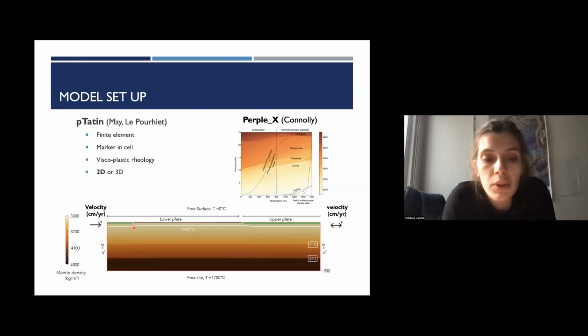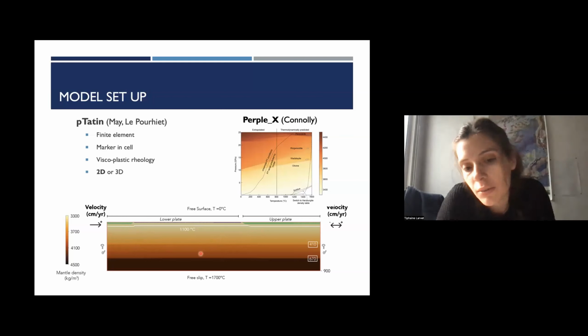Below the plates, the white line represents the boundary between the lithosphere and the asthenosphere. All the orange to brown colors are the mantle rock plotted by their density, and again you can see the density jump associated with the mantle phase transition.